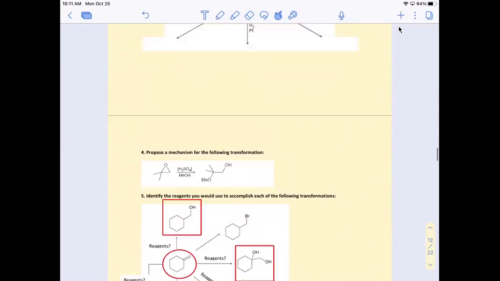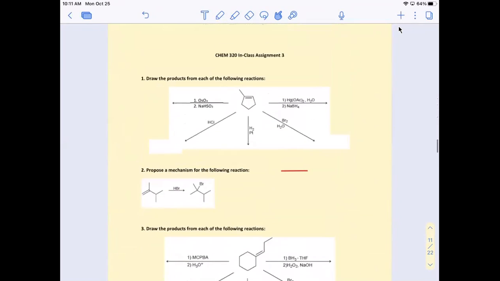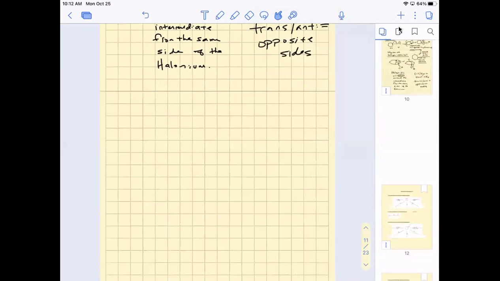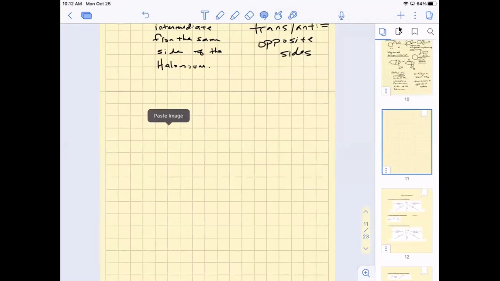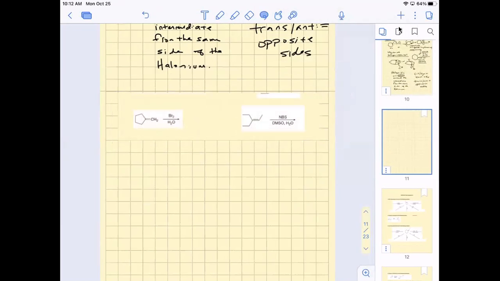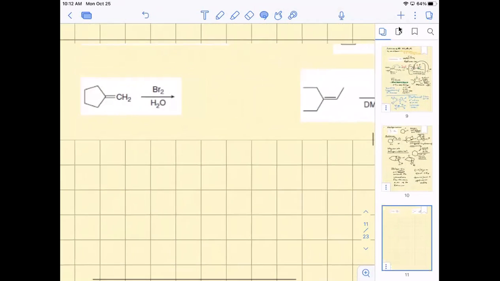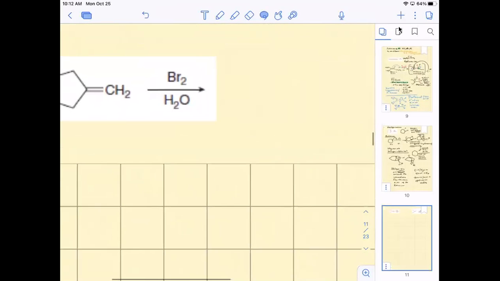And then we're gonna also start looking at the reactions on this reaction wheel also. All right, so let's take this reaction right here. This is an example of